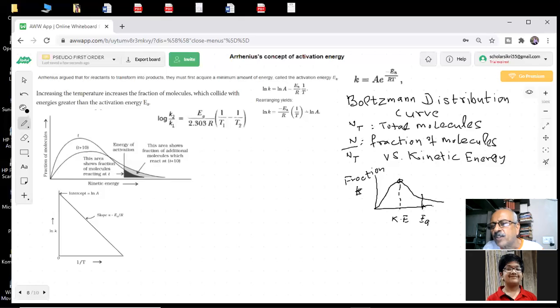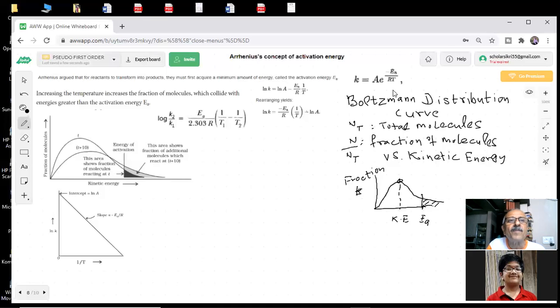So this is a fraction I show here. This is the fraction of the molecules which is going to form the products, because they have energy greater than or equal to activation energy. Below this, these particles are there, but they are not going to react. They will collide, but they are not forming products. What is the effect of temperature on this? That is what we have to study.